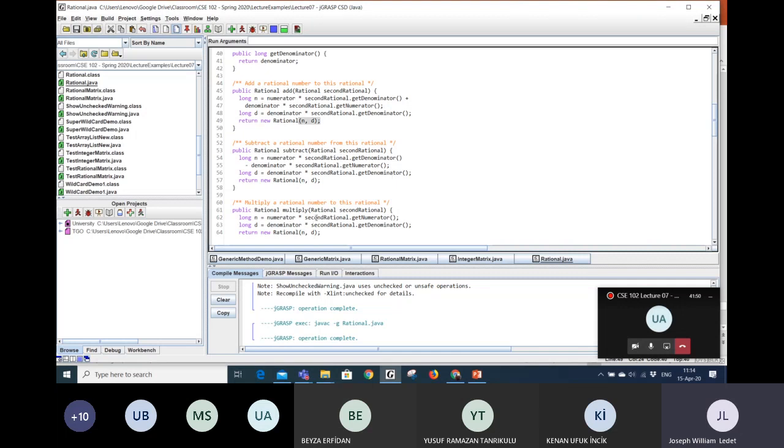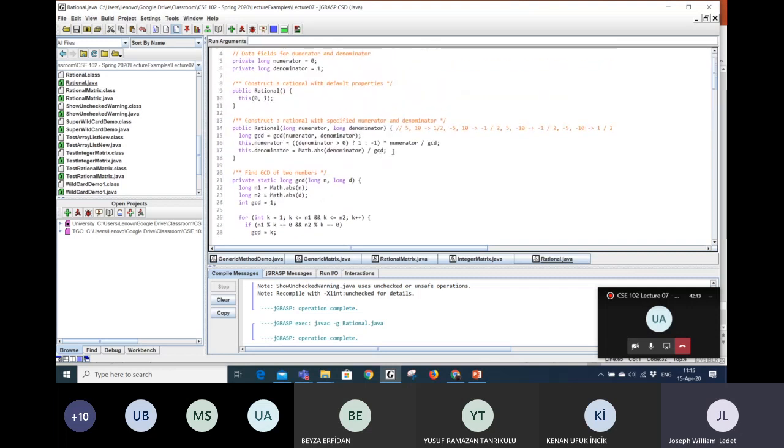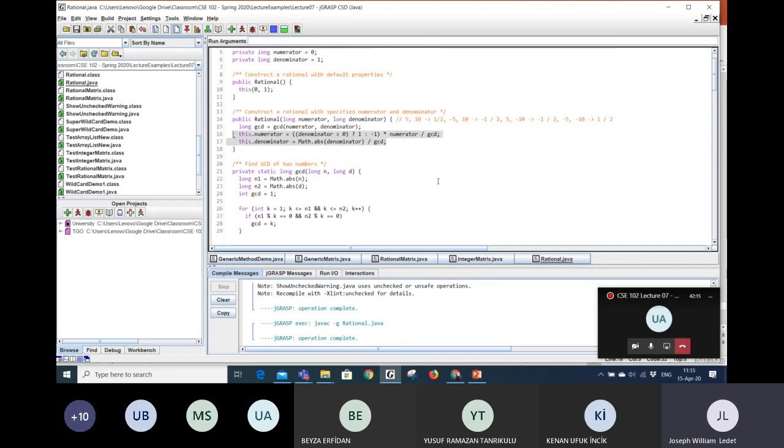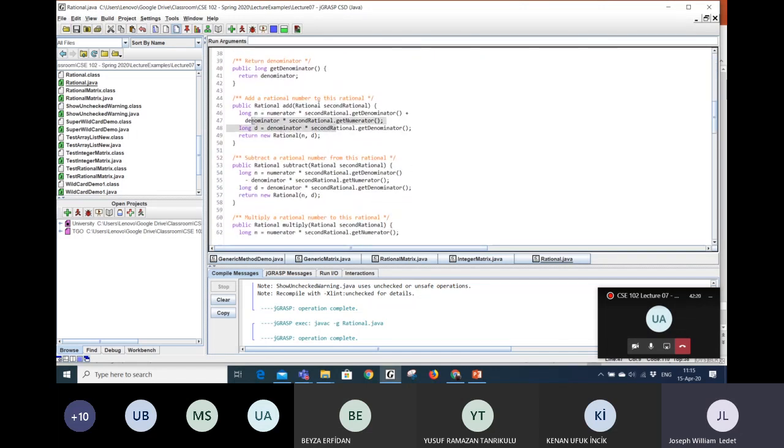Same thing with the multiplying. We multiply the two numerators together, we multiply the two denominators together, and then we create a new rational object with that new numerator and that new denominator. And remember, the nice thing about what we did in our constructor, where we used the greatest common denominator to reduce it to lowest terms, is that we don't have to do that here. We can just say, okay, you know what? We're just going to take,